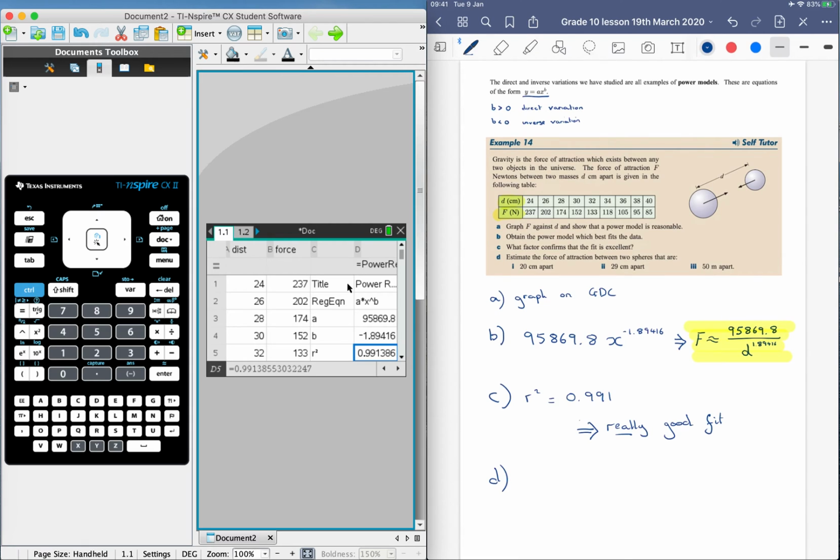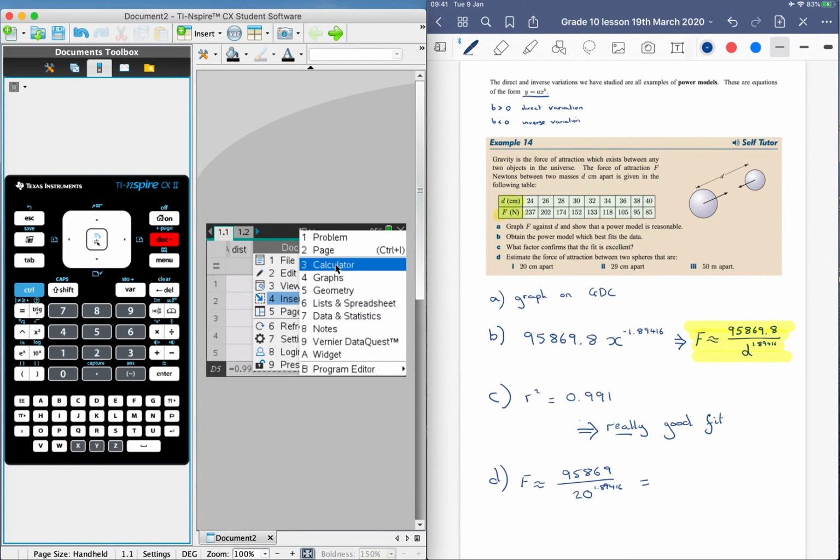So F is roughly equal to, what have we got? 95869 over 20 to the power of 1.89416, and so that comes out as an answer of,